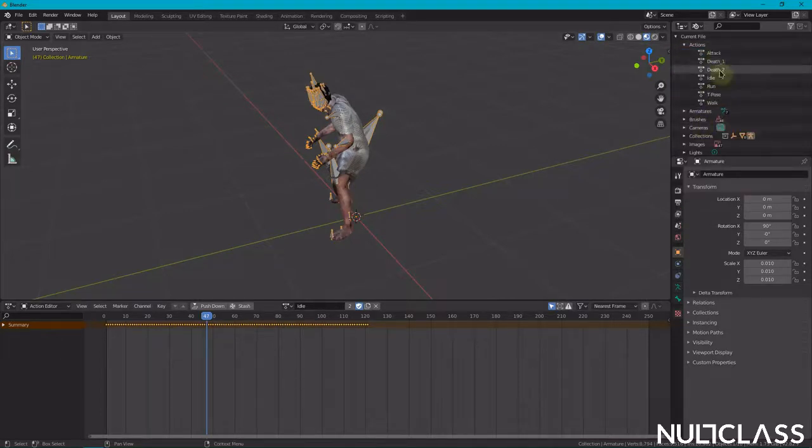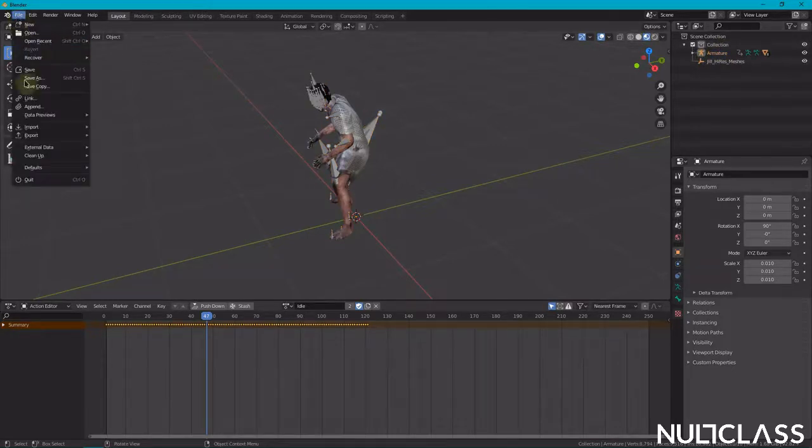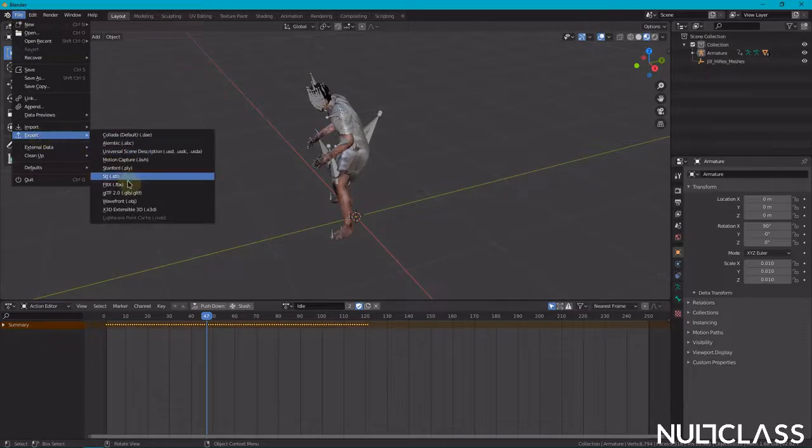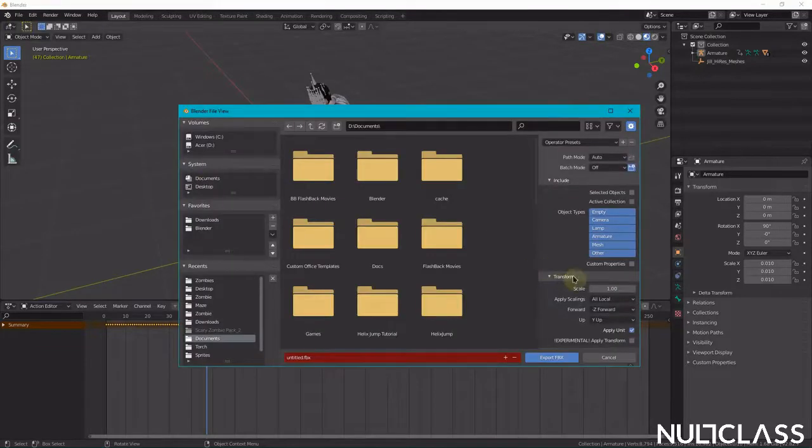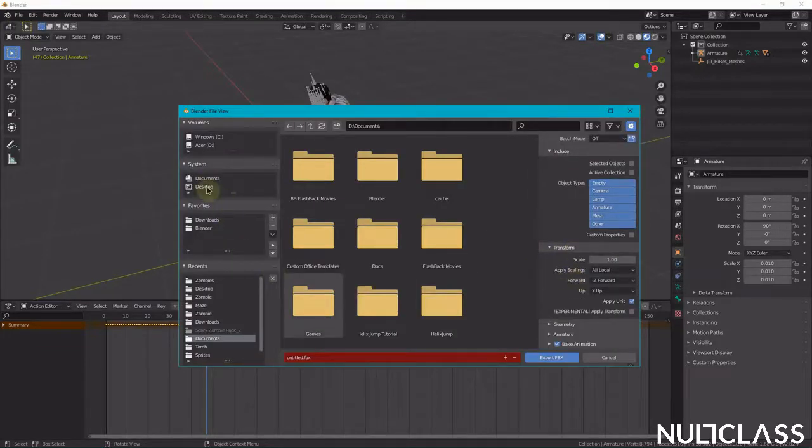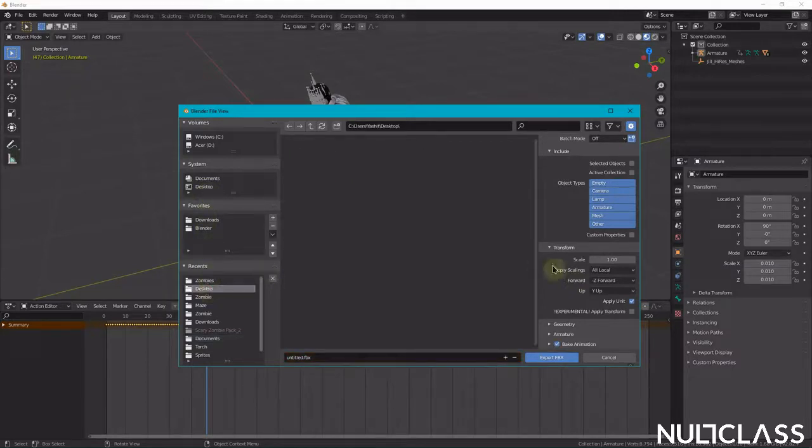So now we are left with these animations which we really want, and you can come to view layer again, and now we can just export this file. So go to file, export, and then FBX. So you just want to leave all of the things as default, and I'm just gonna go and save this